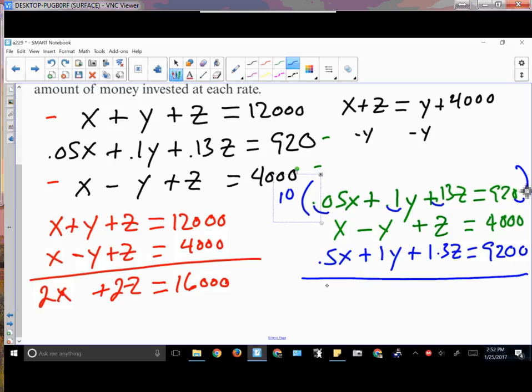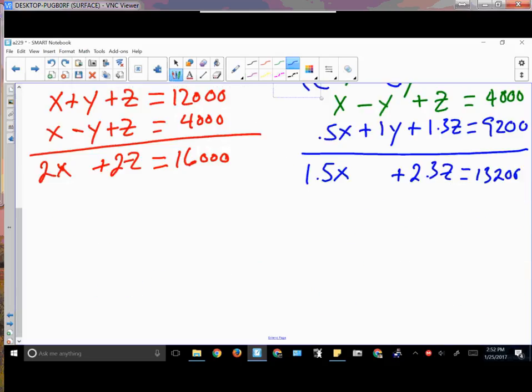Combine, I end up with 1.5x, that disappears, plus 2.3z is equal to 13200. When you start dealing with real numbers that could happen in real life, things get ugly, things get messy. So now the question comes by, which one should I get rid of? Should I get rid of the x's or should I get rid of the y's? Either way I do this, it's going to be an ugly one, but I think I'm going to get rid